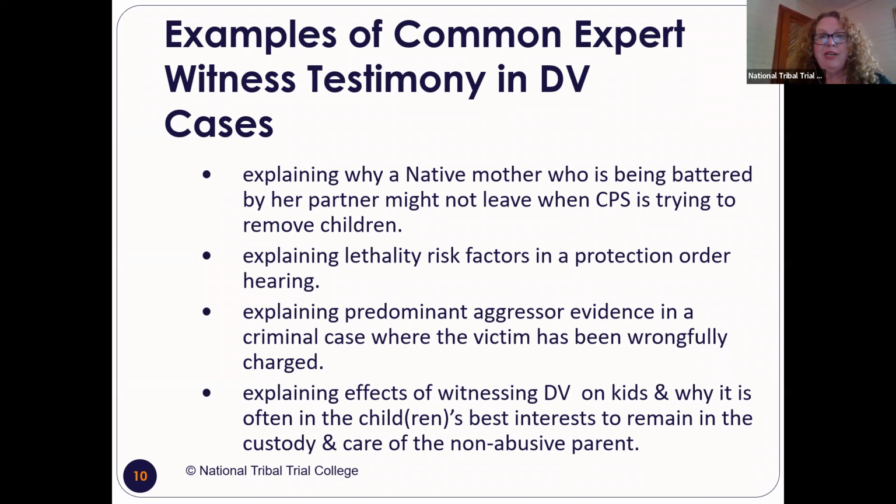So like, let's say in a child protective services case, right? Or she's being charged with failure to protect her children. You could have an expert witness talk about why it is that she didn't leave, that staying with the abuser was more protective because he said he was going to kill her or the children. Leaving a domestic violence relationship or filing for a protection order or custody or divorce is the most dangerous time for women, right? So you can give the judge or jury a little bit more information to make things a little bit more favorable and understandable on behalf of your client.